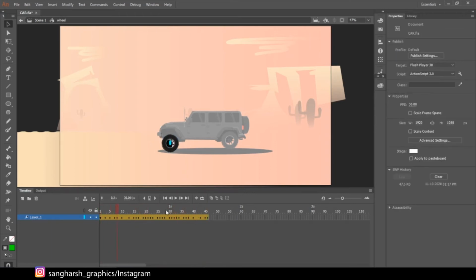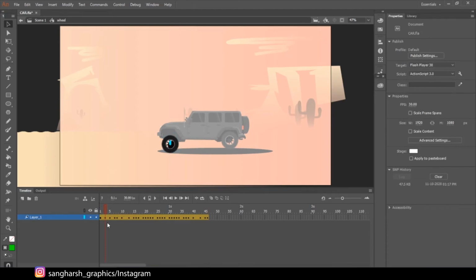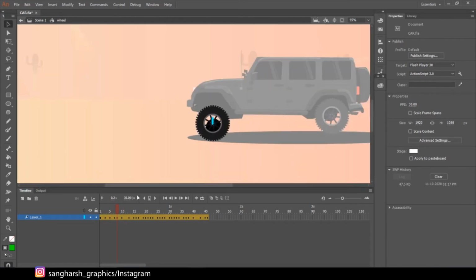You don't need to add in-between keyframes like this. You can add 10 keyframes, as many times as you want to increase the speed. And here you can see these in-between keyframes are position keyframes. I have animated it just a little bit upward and downward, like off-road. As you can see the waves, that's why I have done it manually.